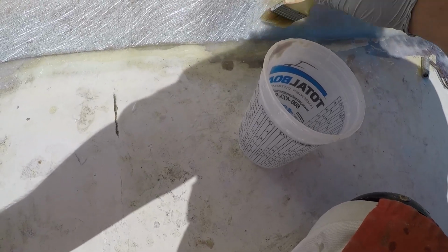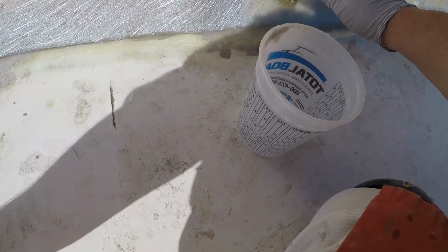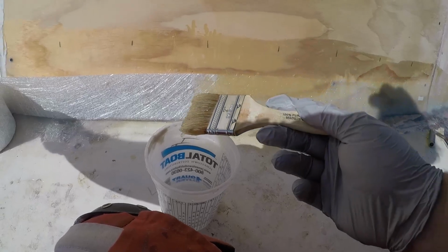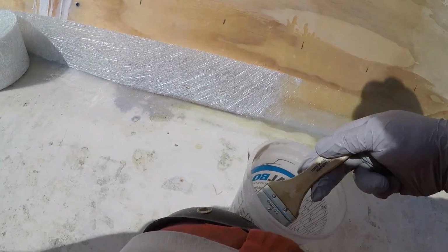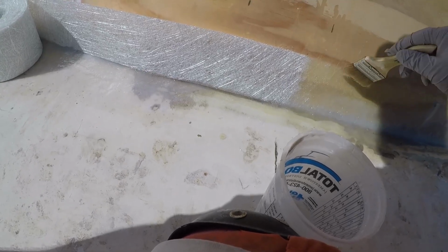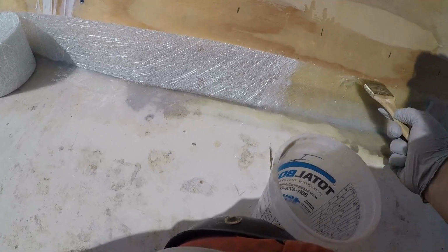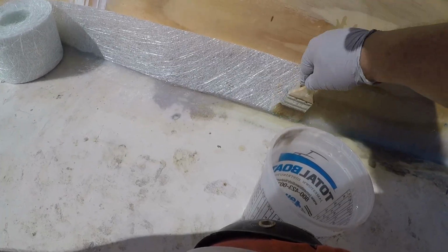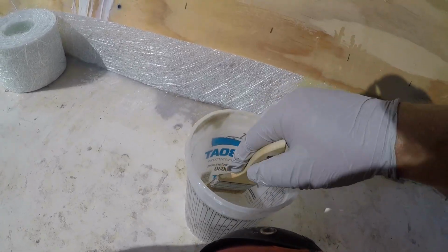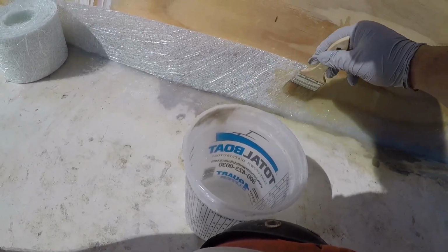You know, I've learned, well, patience is a key with this stuff. So it looks like 25 pumps is going to get me about halfway. That means that this whole side is going to take 50 pumps to get this mat on there. But man, is it going to be nice and strong and keep the water out. That is my main objective. I really didn't need it for strength per se. What I needed it for was some strength,